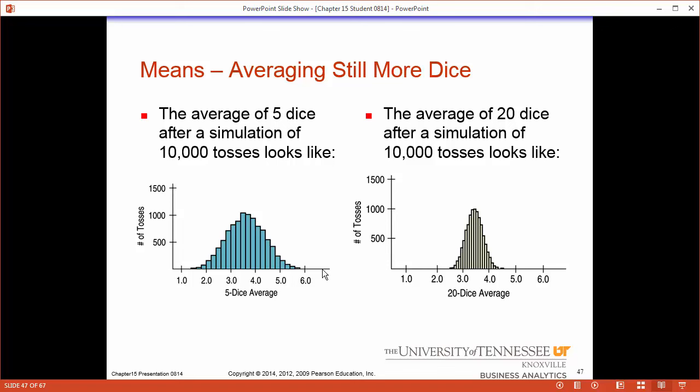and 100 works for everything. But I want to reiterate this, and this could be on the test. If a distribution looks normal to begin with, the distribution of sample averages, even for sample size 1, will be normal, because the original distribution was normal. Increasing n, as we see here, makes it more normal. But if it is normal, then it'll be normal at sample size 1, which is still the original distribution. It only makes it more normal. So if it is normal, it doesn't need to become more normal.